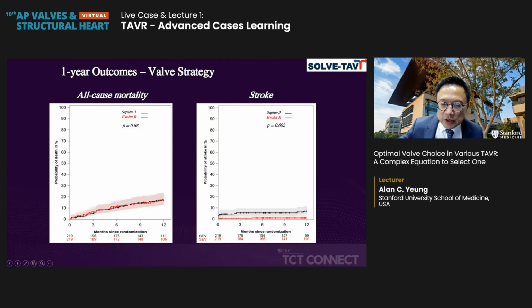So you can see that within the first less than a month, pretty much in hospital, there's a big climb in stroke, and then it probably flattens out, as well as a few late events. So this is kind of interesting. It could be a fluke because of just the patient population and so forth. But again, would balloon expandable actually send more material to the brain? And also the issue of leaflet thrombosis and so forth, could it be catching up later in years? So again, this is too small a trial to really be able to answer those questions, but it's an interesting